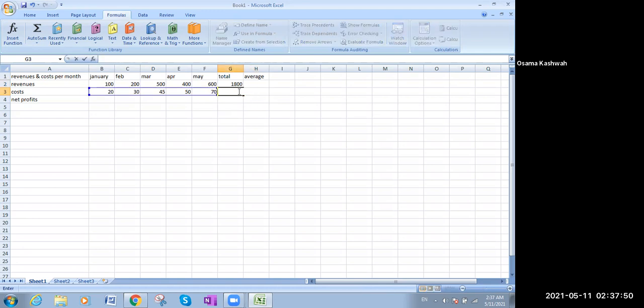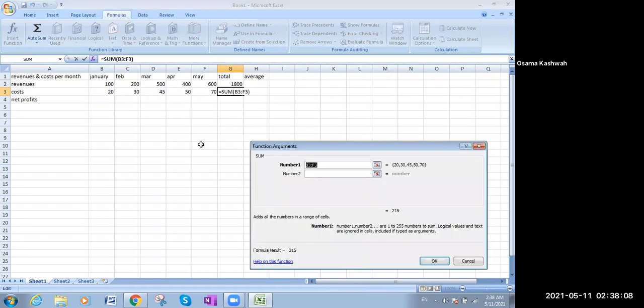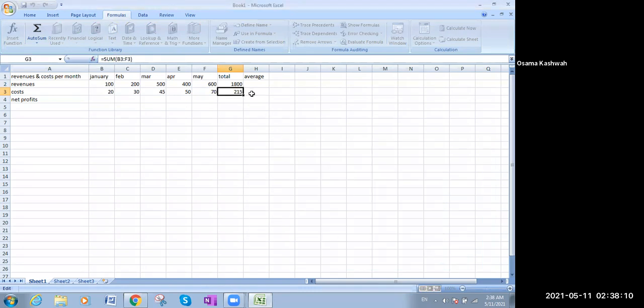I will repeat it. You don't need to do it every time. The first way is to type equals, go to the functions, then tell it sum. This is one way, 215. The other way is